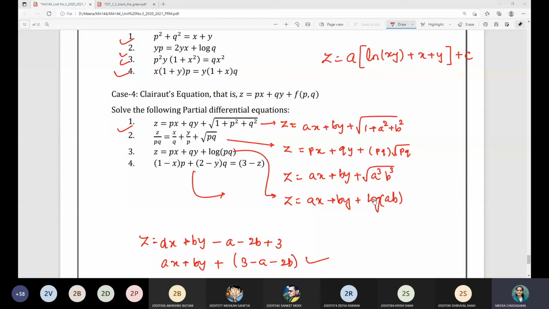Clairaut equation is very easy. कुछ भी करना नहीं है, सिर्फ उसको स्टैंडर्ड फॉर्म में कन्वर्ट करो. p को a रख दो, q को b रख दो, you will get the solution. Fine. Very good. ओके. समझ में आया ना सबको? क्लैरेट इक्वेशन में कोई डाउट है? एनी डाउट टू एनी स्टूडेंट?